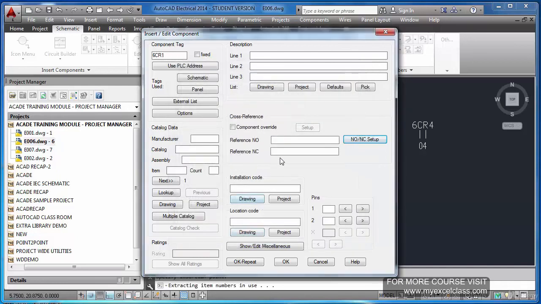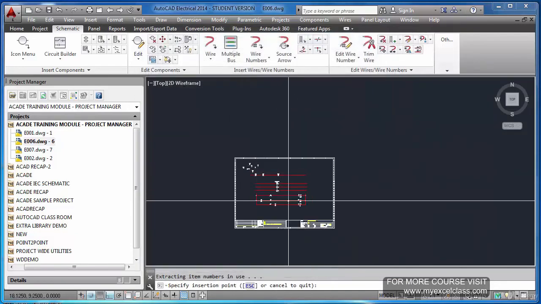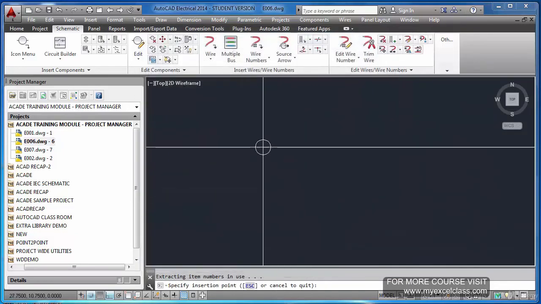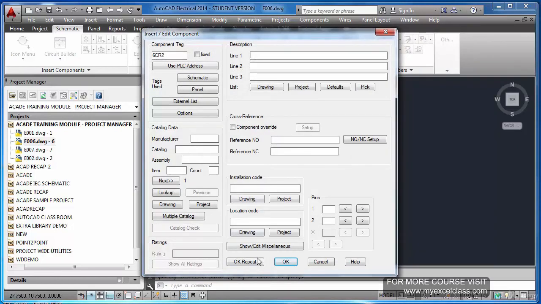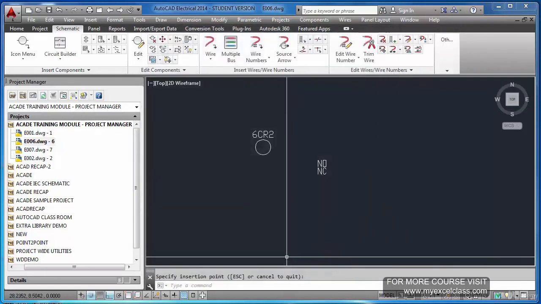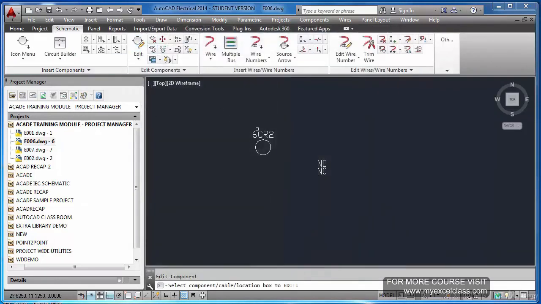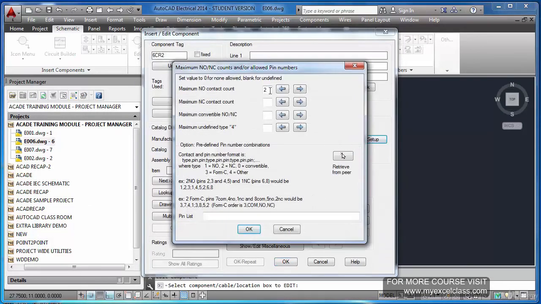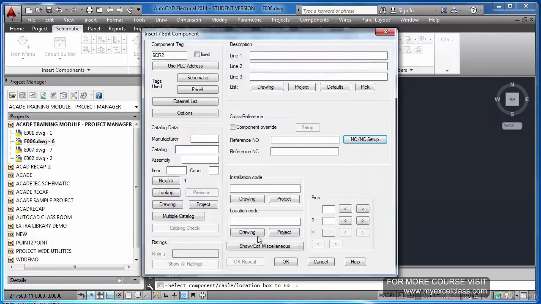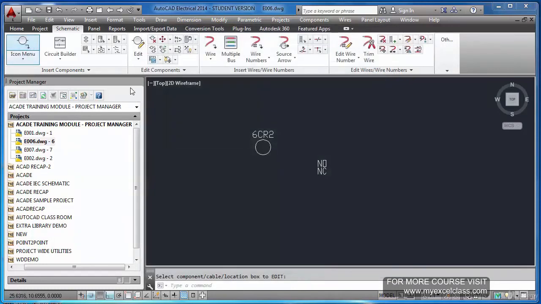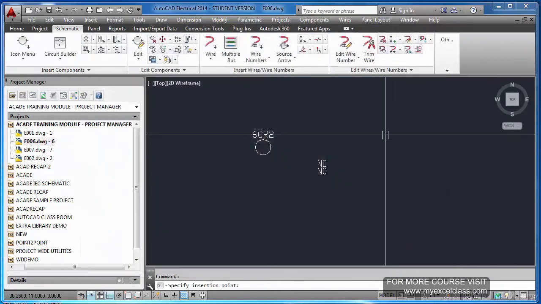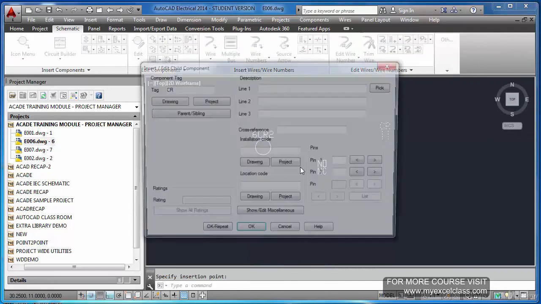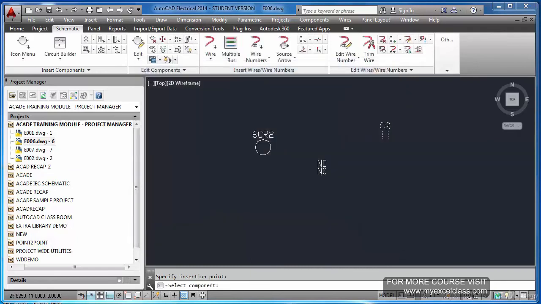6CR1 I am going to put. I will put it here, plain. 6CR2. If I check this, there are only 2 contacts. Now what I will do is I will insert one contact here, NO contact, parent is this.